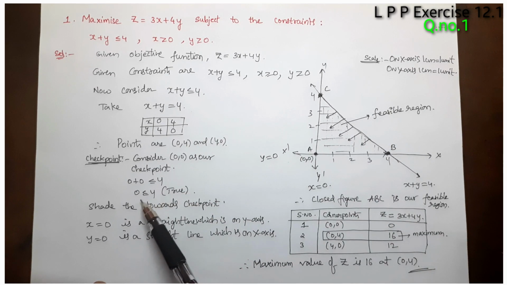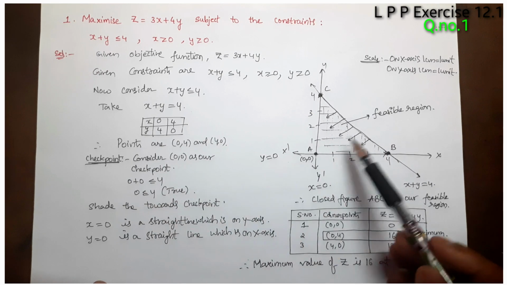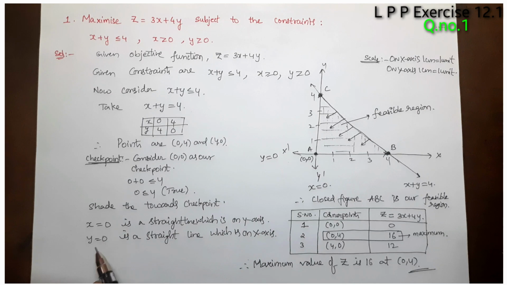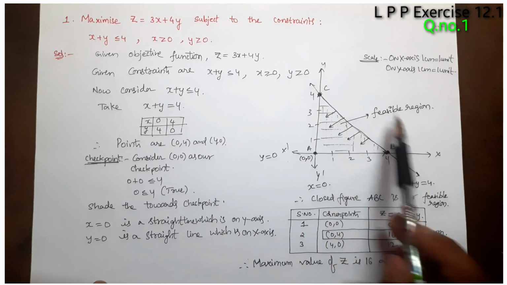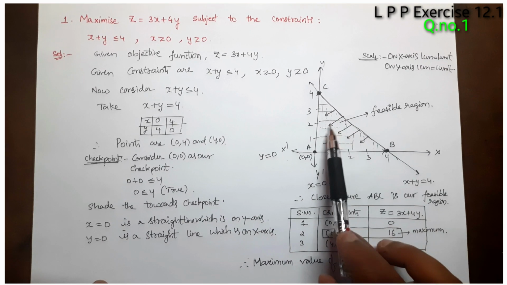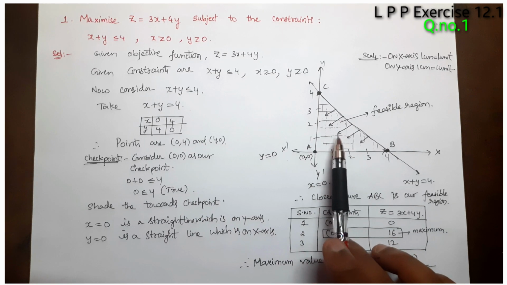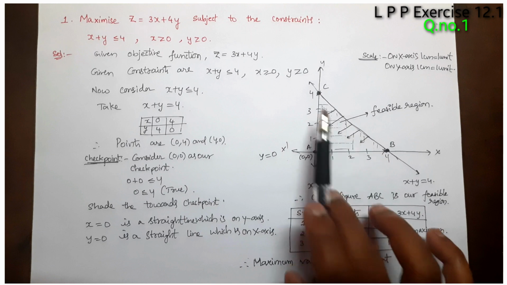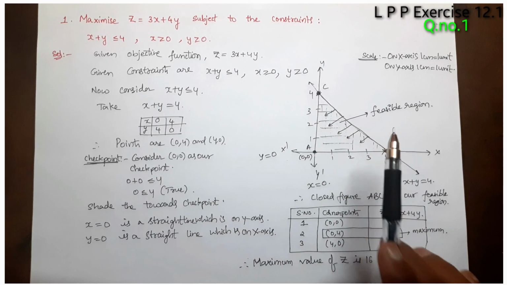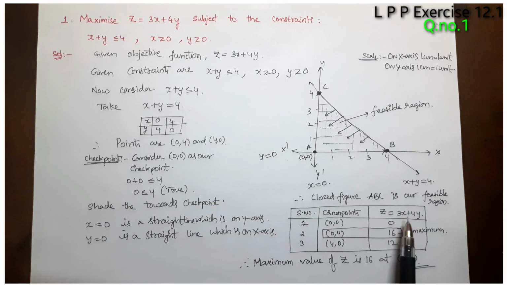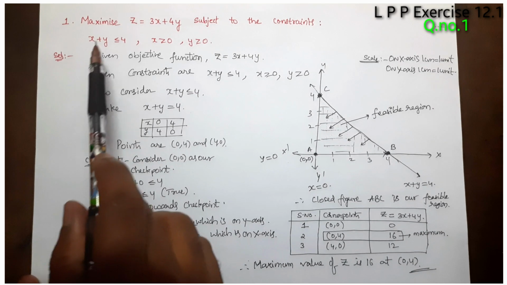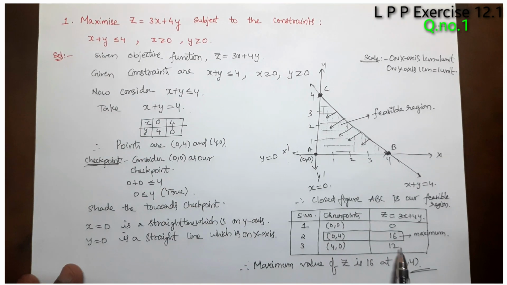through the checkpoint. So luckily we got the checkpoint true. True means we have to draw towards the checkpoint, and then x greater than 0, y greater than 0 is nothing but the first quadrant. So in that first quadrant, this is the feasible region we have to identify. For that feasible region, we have to identify the corner points. Those corner points we have to substitute in the objective function. Then whatever we get as maximum, that is the maximum value. If they ask, for example, the question is maximum, so 16 is the answer.